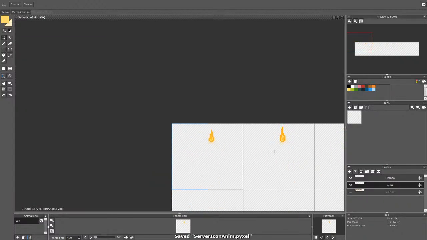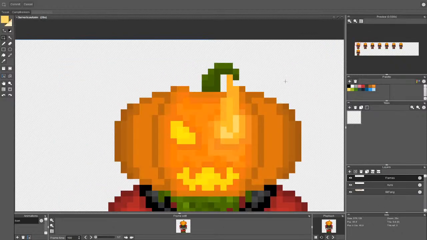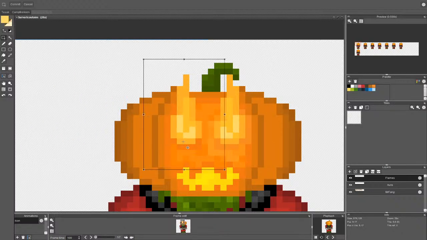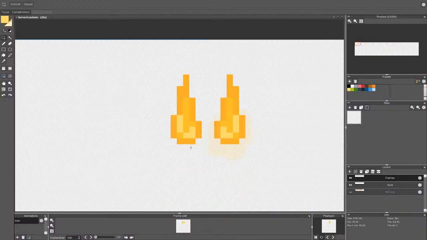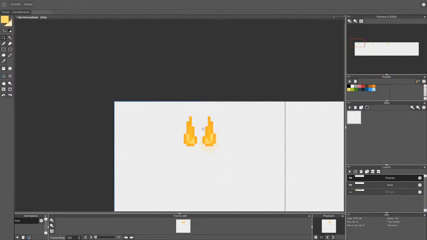So let's disable Mr. Fang again, and let's go for the opposite flame. Let's make the second flame. Of course I could be lazy and just go for the same flame and offset 2 frames or something like that. But no, I think we'll be doing a completely different flame.